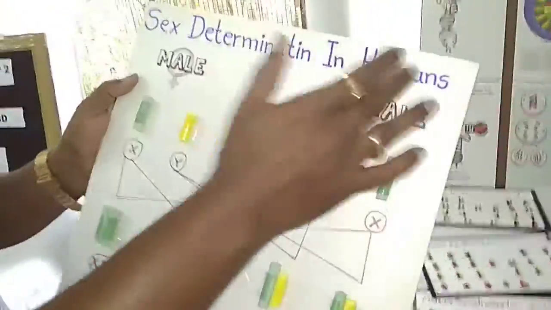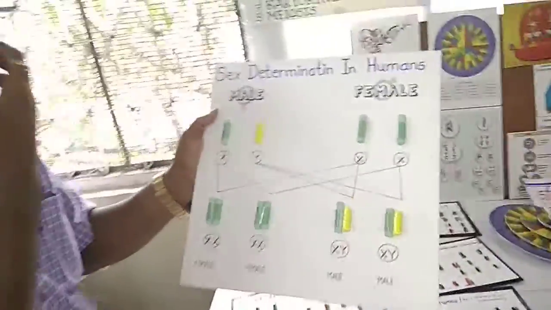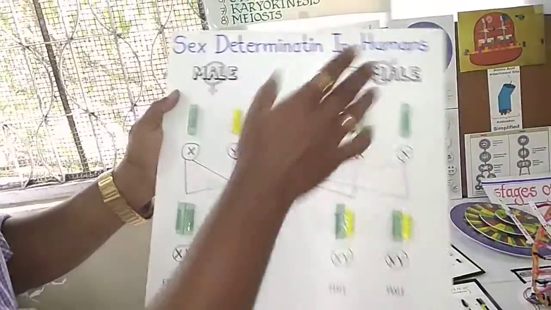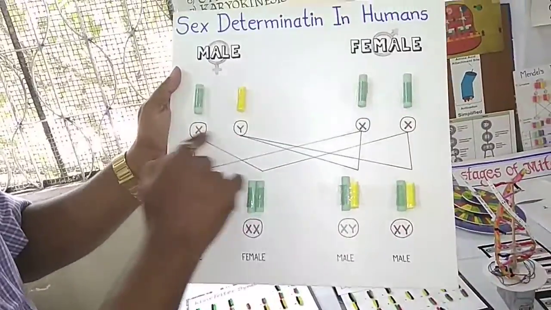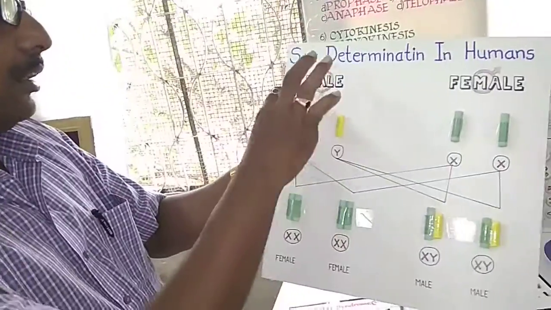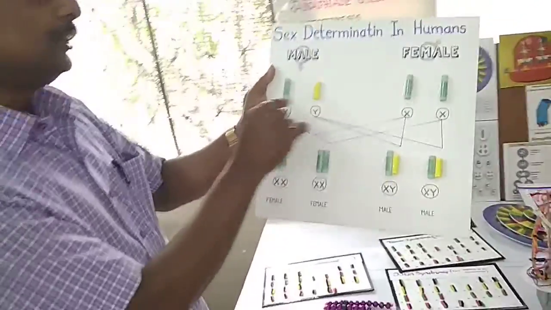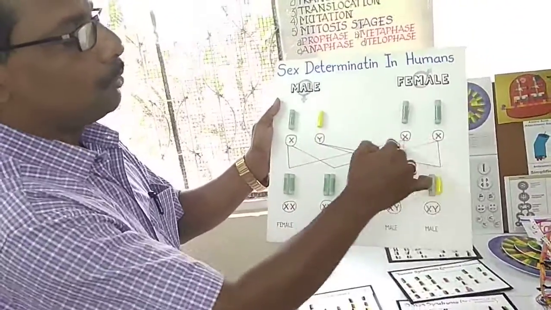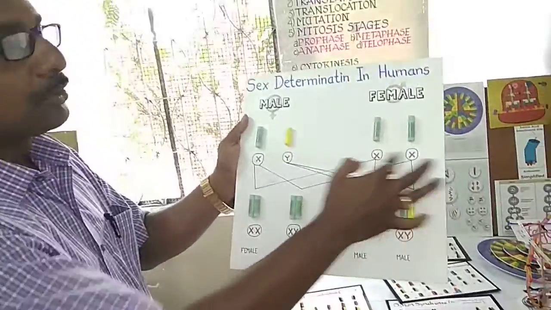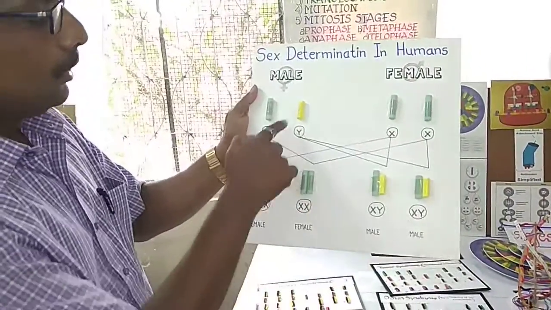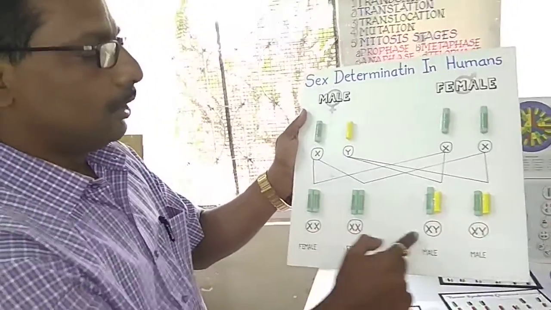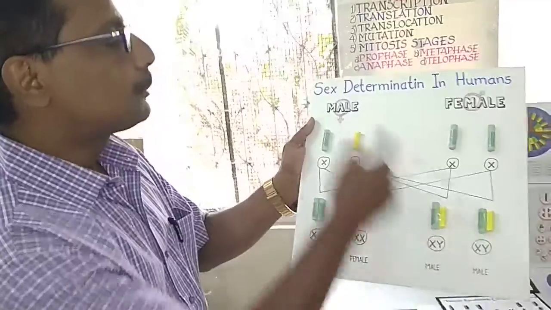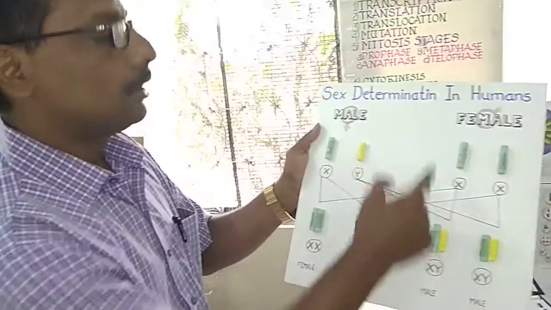Similarly, on the basis of the same thing, the sex determination concept is there. How do you explain the concept, how the male is responsible for the male child, not the female? The male contains X and Y chromosomes. Purposely it is shown in two different colors, the X chromosome with one chalk and the Y chromosome with another chalk, and the female having only one type of chromosome, where the parent chromosomes are called X and X. Now look here, this Y chromosome when combined with the X from the female, only the X chromosome is going to be there. So it clearly indicates that the male is responsible for getting the boy child.